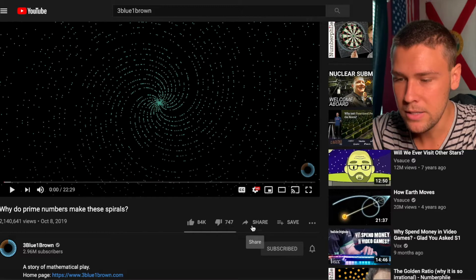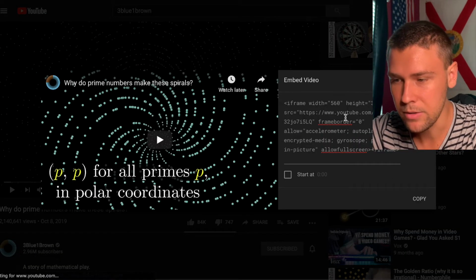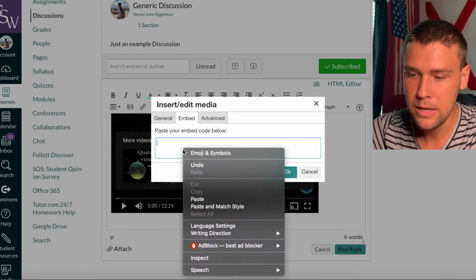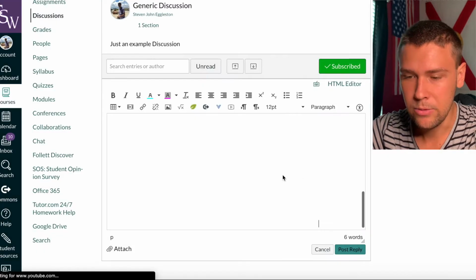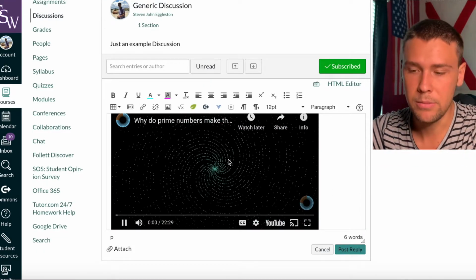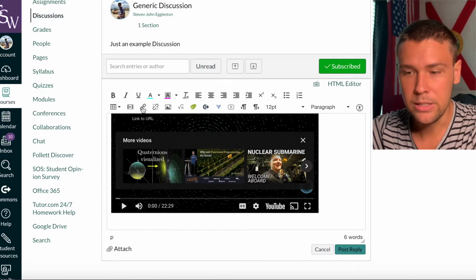So that's that. And just to show you how to do it, if you need to embed it, hit embedded. It's a similar process. You go to your YouTube video or whatever, hit share, and here's embedded right there. So it looks a little different. It looks more like code, but you hit copy and you hit paste. And when you paste it in, it'll be an embedded video, which is on the surface fairly similar, but you have options, right?